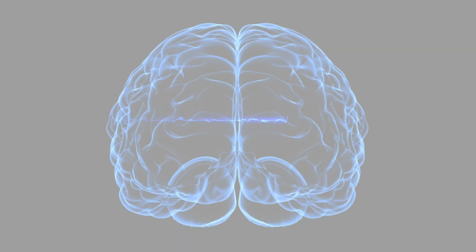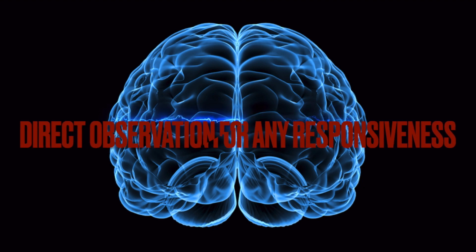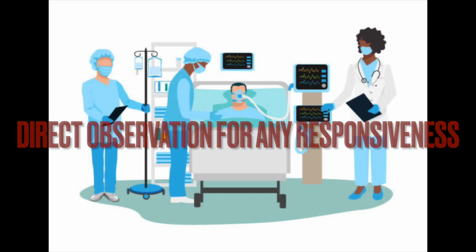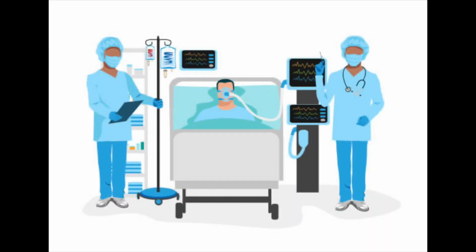During the brain death exam, the following steps can take place. Direct observation and evaluation for any responsiveness. Observe the patient for an ample amount of time to confirm no spontaneous movements, responses, or breathing efforts. To evaluate for responsiveness, pressure or pinch is applied to the forehead, chest bone, and extremities to see if there's